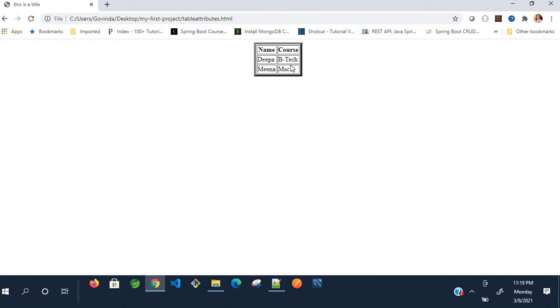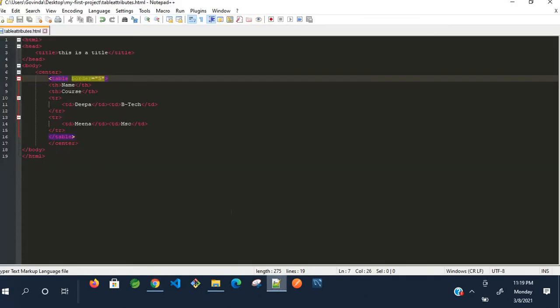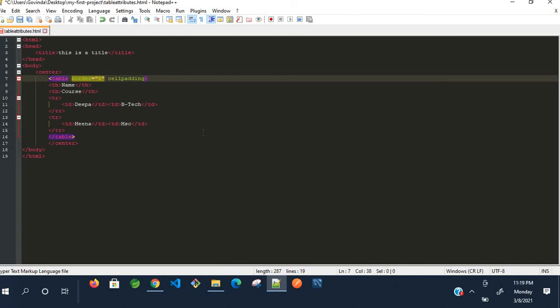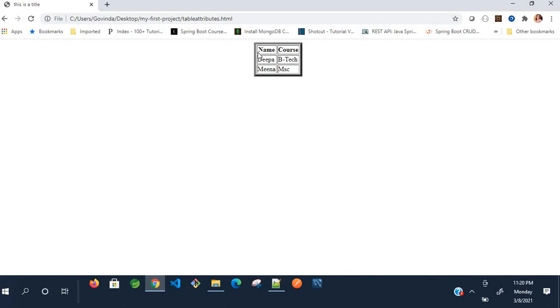This is looking so clumsy, so I want to give some space between the cells and space between the content and the cell. To do that, we have to use cell padding equals 5. Just save it, then go to your browser.